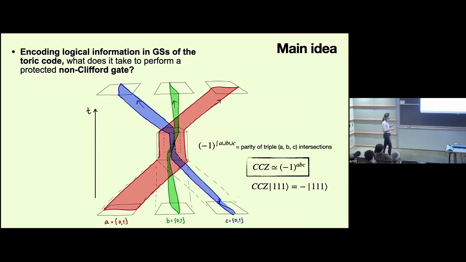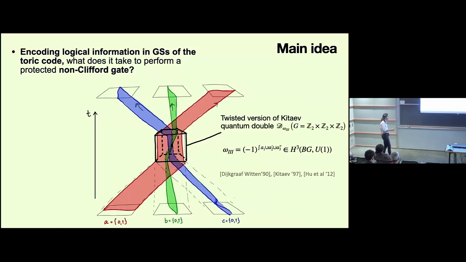What does this really mean? Notice that my membrane continuously goes in the same copy of the toric code through space-time. And it is only present if my input toric code was in a logical 1 state. Otherwise, it's just absent, and there cannot be a triple intersection. So to get this -1 phase, I needed to input all 3 copies of the toric code in a 1 state. That means that whatever total action the space-time circuit has achieved is -1 only if all 3 input states are 1. And that's exactly the control-Z gate, which is a non-Clifford gate. So this way I should be able to achieve this gate.